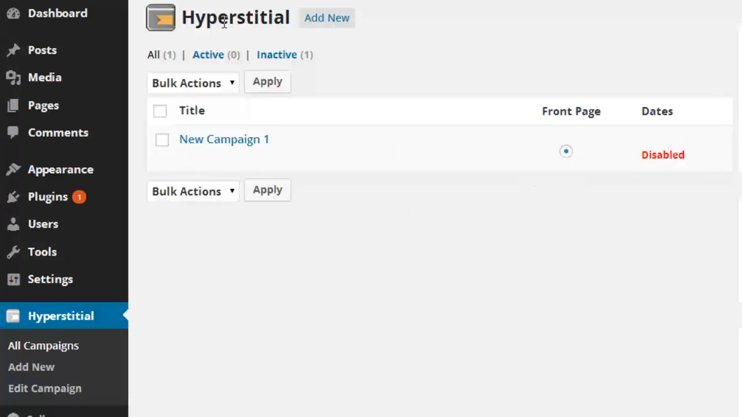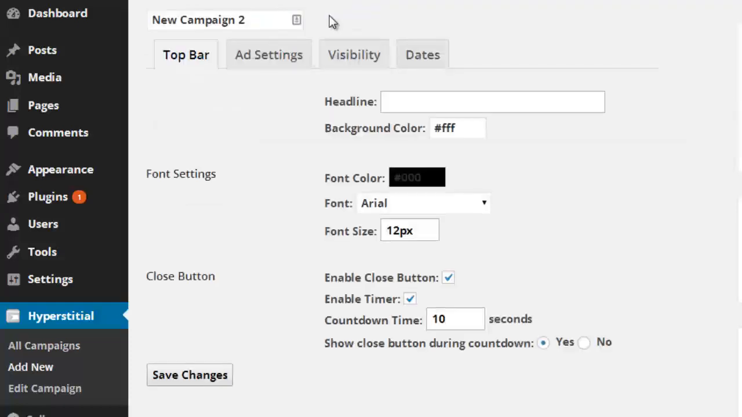So let's just go ahead and create a hyperstitial ad real quick, and I'm going to do a quick run through and show you as many features as I can, as well as some tips and tricks that you can use to increase your conversions. So as you can see, all you have to do is click on Add New. As you can see here, you can name the campaign right here. So let's just call this